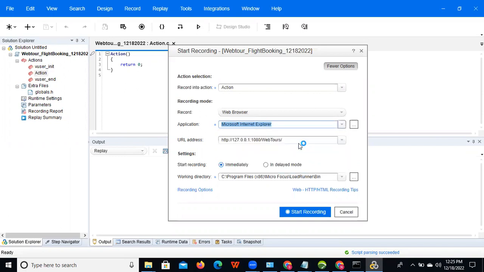I selected Internet Explorer. This is the URL. For whichever application you are testing, you need to give its URL. For example, if you are testing an e-commerce application like Amazon, you can give www.amazon.com. So whichever application you are testing, you need to give it like this, because once you